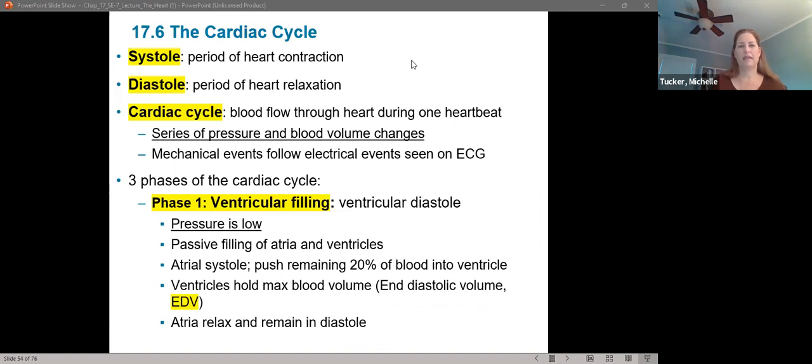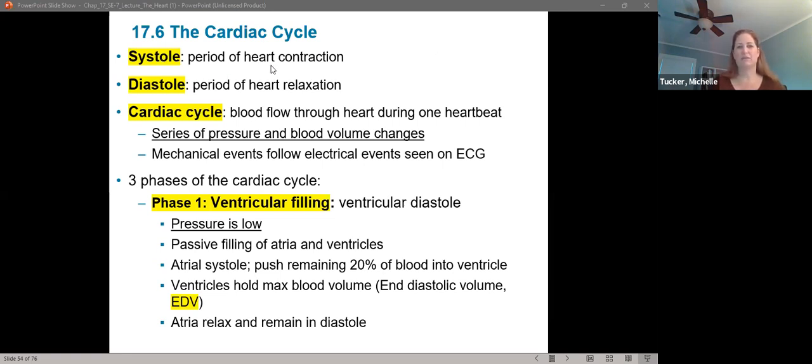So for today, we are going to cover two topics. We are going to cover the cardiac cycle, and then we're going to cover how to calculate and the factors that affect cardiac output. For the cardiac cycle, you may want to have this written on a Post-it, that